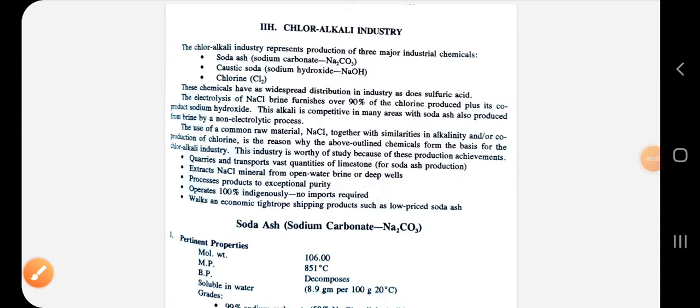Good afternoon, students. So previously we finished the chapter sulfur, sulfuric acid and fertilizer technology in our subject UPCT, that is unit processes in chemical technology. Next unit will be starting this chloralkali industries, in which we will see main three products, that is sodium carbonate, sodium bicarbonate and chlorine, as well as caustic soda, that is NaOH, sodium hydroxide.